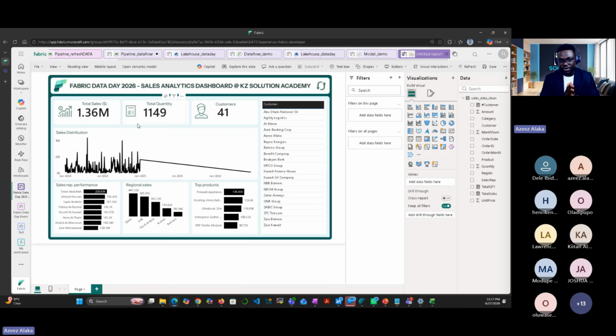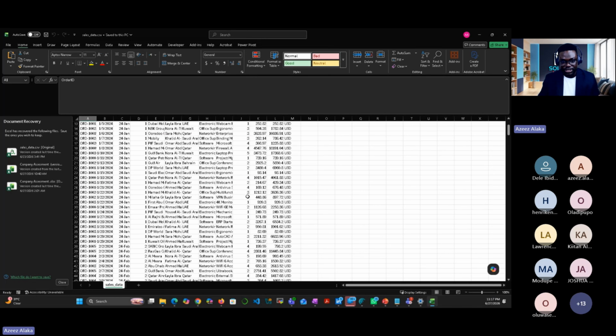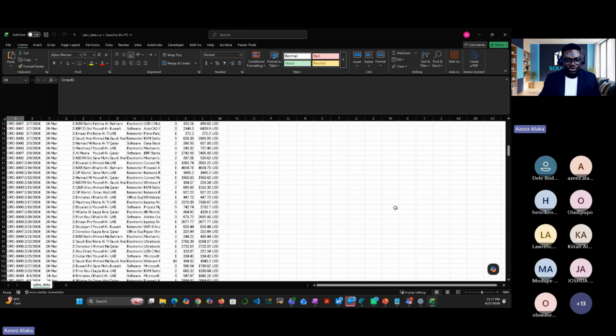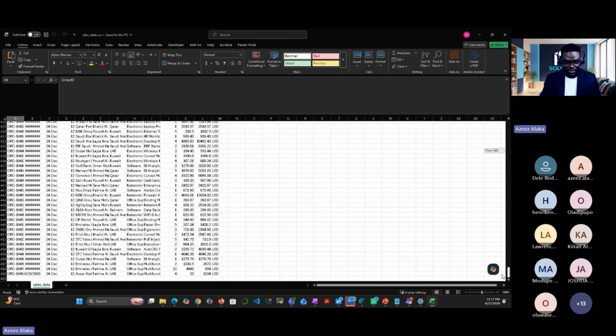You can see total quantity, total sales. Now, we want to update the record. Let's see what will happen. So this is the source record. We know it is connected to this. This is the source record now. So this source record will go to the last.